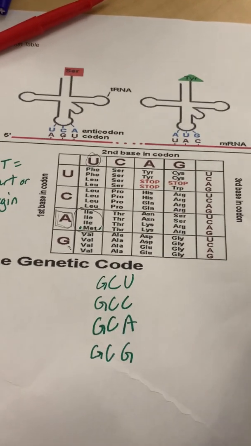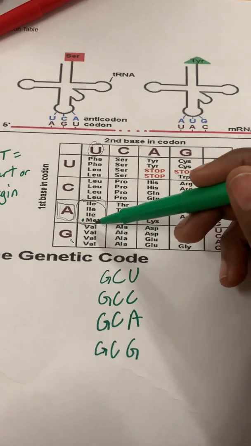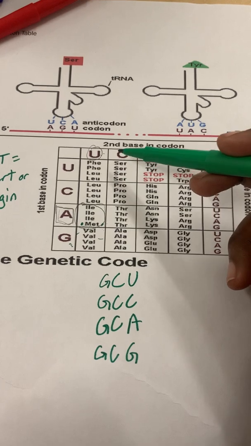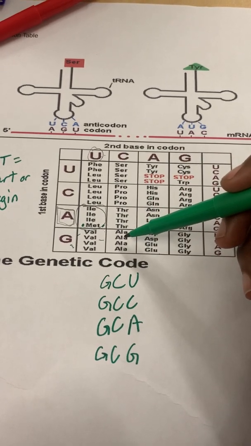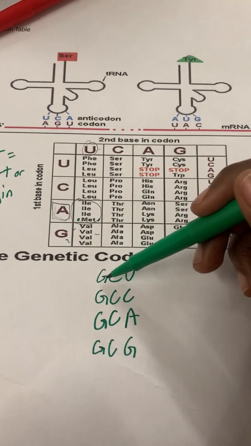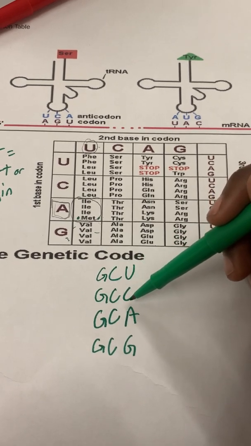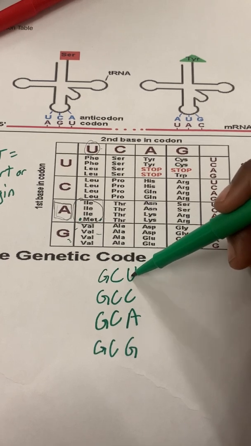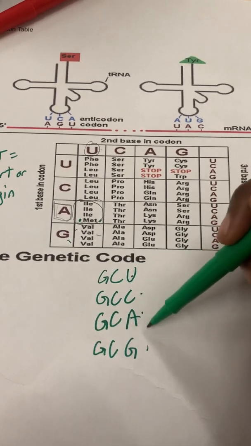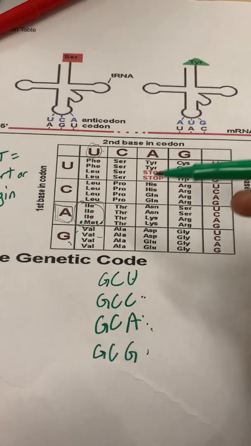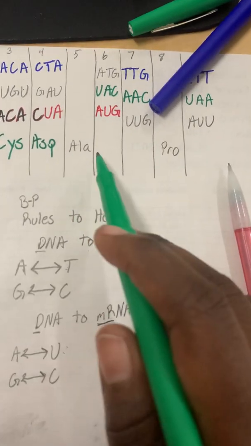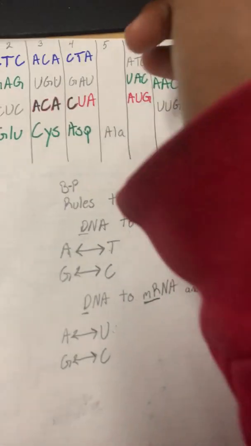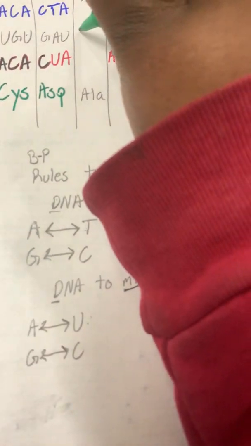All right, so as you can see, the first 2 letters are going to stay the same, because I'm in the last row, which belongs to G, first base, and the second column, second base is C. So G and C is going to stay the same. But this last letter, this is the one where it's up to you. So you can either put for the messenger RNA any of these 4, all right? Either one is going to give you that exact same amino acid, all right? So I'm just going to use the first one, GCU, and that is my messenger RNA,